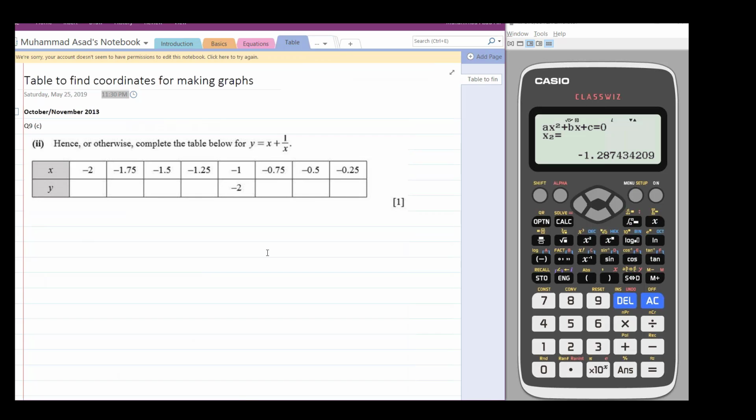Table function, they are asking us to complete this whole table for this equation. Although this is for 1 mark, whenever it says hence or otherwise, it means in previous parts we must have done something which can be used directly to solve this question. But suppose you want to verify your answer and get the values of all these coordinates,